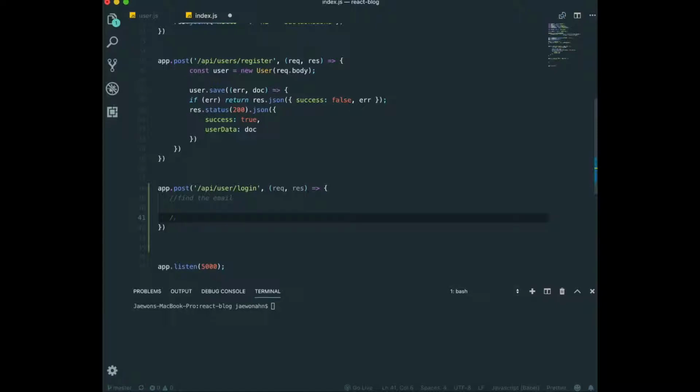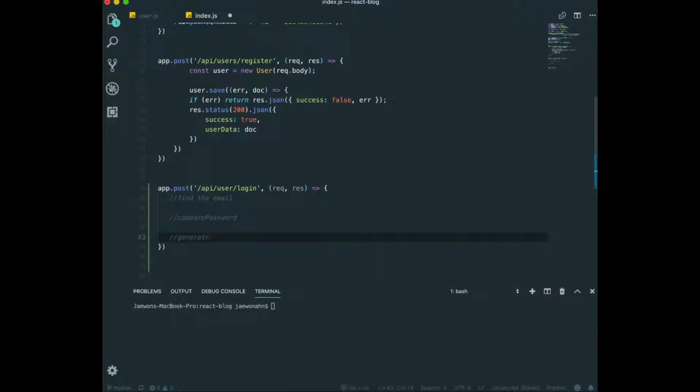The password we type is the same as the password saved in the database. So we need to compare the password. And lastly, we want to make the token